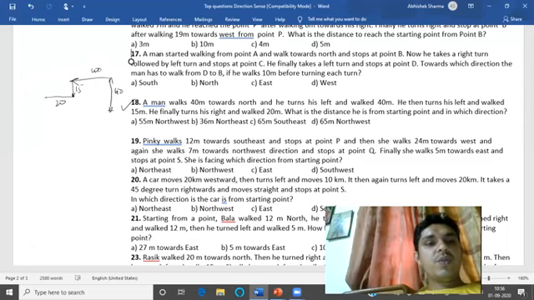Okay, so like if we find this is the starting point and this is the ending point, and you are asked this direction, right? So what you have to do, this is 40 and this is 15. So how much is remaining? This is 20, this is 25, right? And this total direction is 40